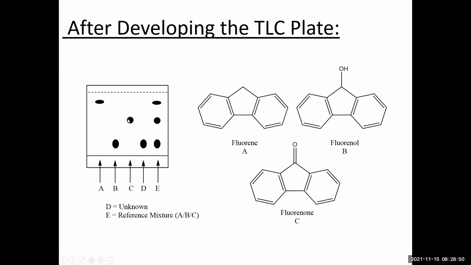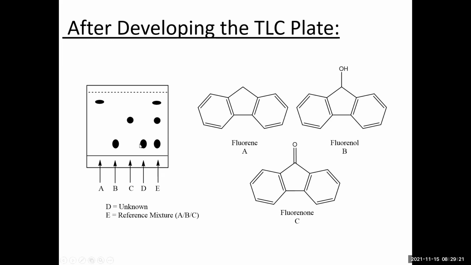And that would make sense because if you go back and look at the different functional groups, right, you'll see how well each functional group is likely to interact with silica gel. And again, the less polar the compound is, the less likely it is going to adhere to polar silica gel, and the higher up the plate it will go. So this one being the most polar, it makes sense that it is the spot that has migrated the least and has the lowest RF value.